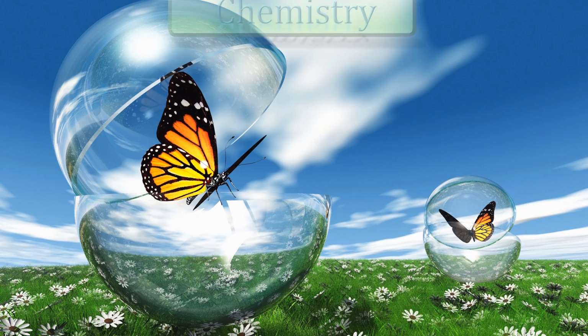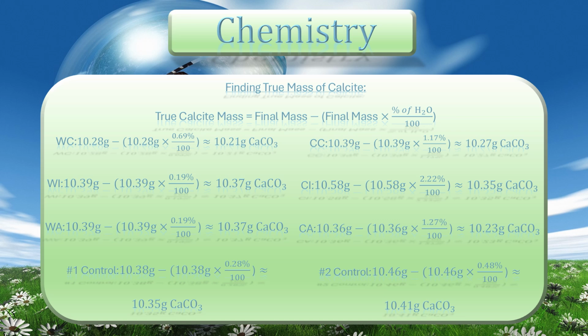Then we move to the next part, which is finding the true mass of calcite. Since now we know how much water is in there, we can subtract that to get the actual mass. And, well, we got all the same numbers as week 1. A little disappointing, but also kind of cool. I was able to remove the water and see that it didn't really change, at least not detectable on my